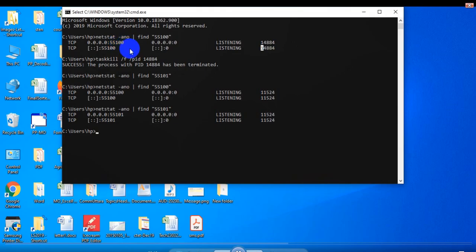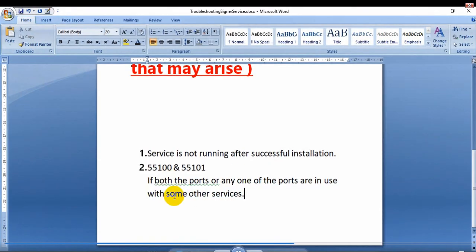As earlier, after I did task kill, it was showing nothing for 55101. Let's stop this discussion as the needful is done. So I think the second issue is also now clear to all of us. If ports are busy, we can go and check what is going on these ports. As we have doubt that ports may be busy with something else, to remove the doubt we killed the process running on the ports and manually restarted the service, and finally it started engaging the ports for itself. So we saw the solution in detail.